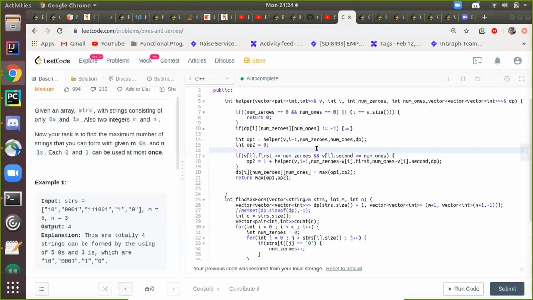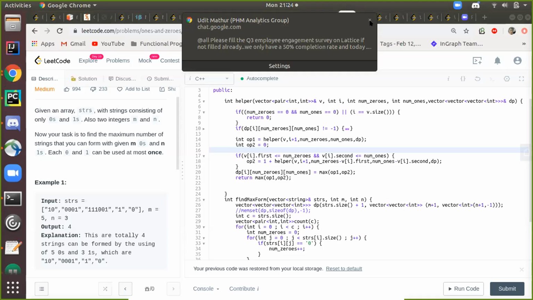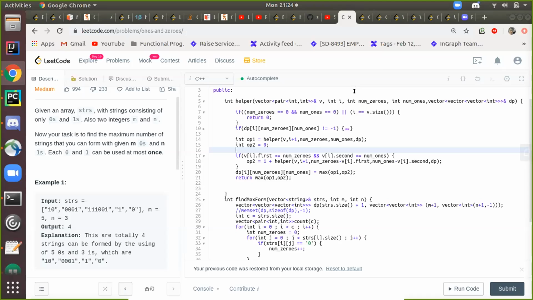Yeah. So it's like this binary thing, right? Whether we are either taking one element or we are not taking it. We start from the first element to the last element, and we see whether we are taking that element, whether we are considering that element, it means we are using M and N. Else we will skip it and go to the next element. So when's the case arising of similar cases for the memoization thing?